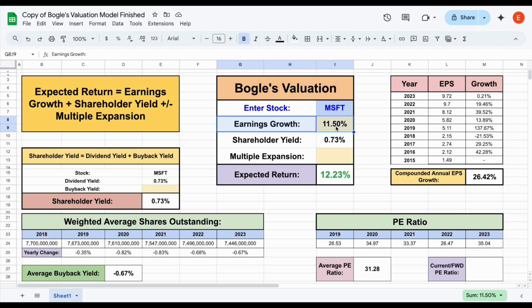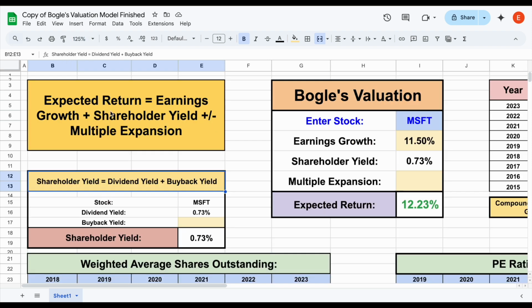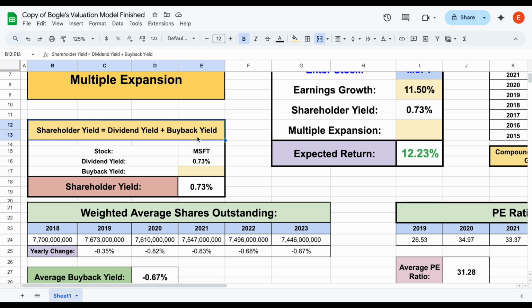But the next thing we need is shareholder yield. Now, you might not have heard of shareholder yield before, but it's actually pretty straightforward. If we come over here, we can see shareholder yield is going to be equal to dividend yield plus buyback yield. We have to remember, when it comes to free cash flow, there's 5 different things a company can do with their capital. They can reinvest back into the business, they can pay down debt, attempt mergers and acquisitions, but then they can reward shareholders in two ways: paying out dividends and buying back their stock. And that's known as shareholder yield when you combine the two. So in the scenario, we already know Microsoft has a dividend yield of around 0.73%.